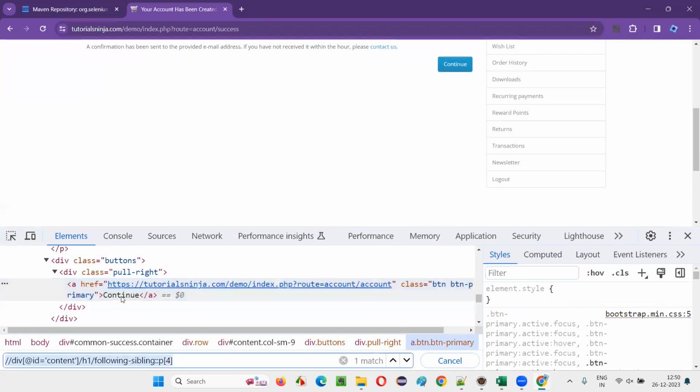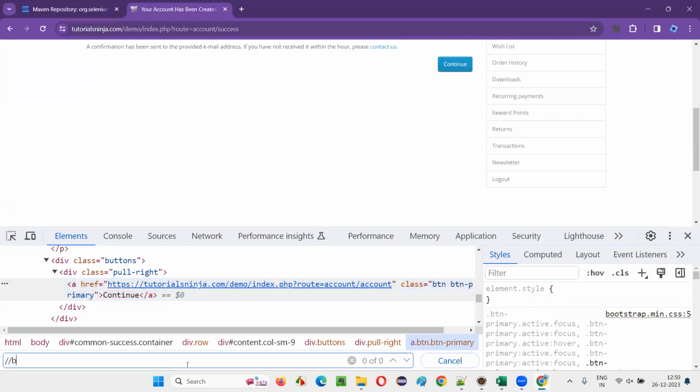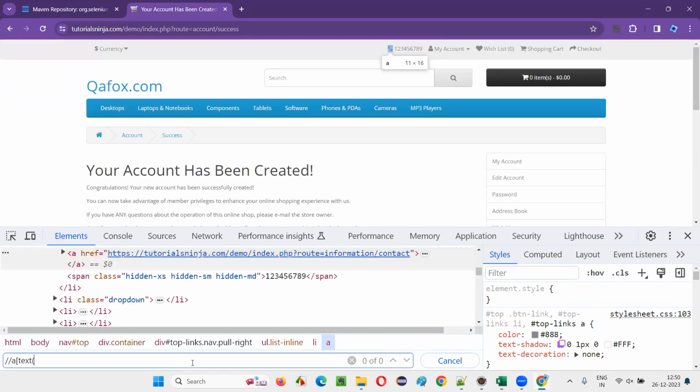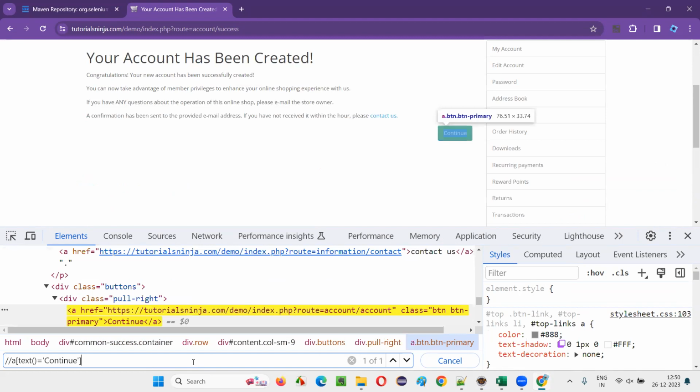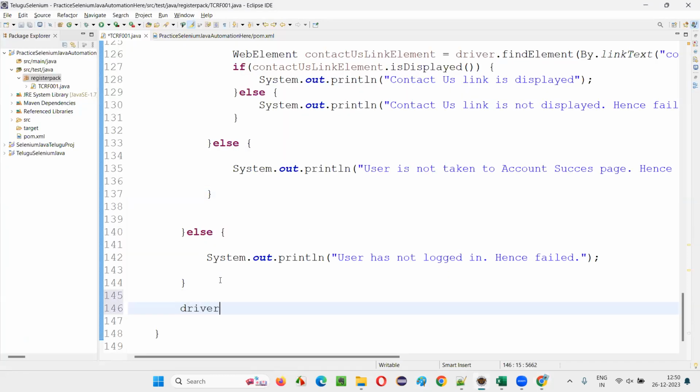I'll simply write down control F. I'll just copy this text between the tags and I create an XPath expression saying text is equal to continue. You see it's locating, right? This continue button is getting located, only one locator. Copy this and simply write down here. After this, write down driver dot find element by dot XPath expression of that continue button. Put a semicolon here, write continue button, web element,